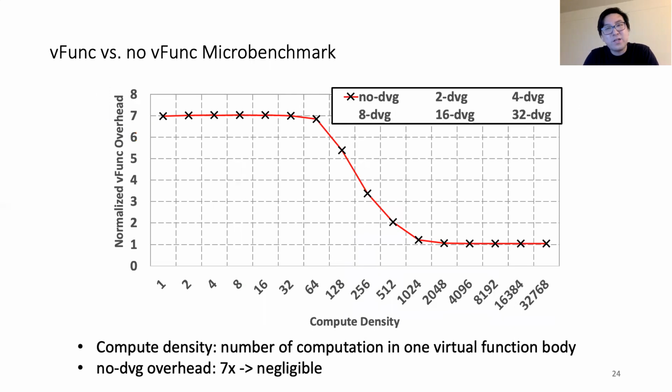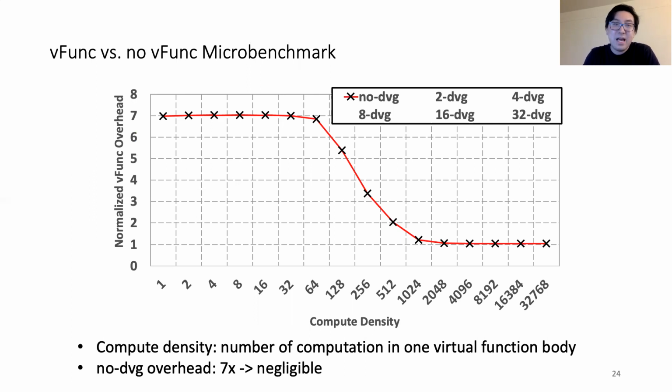In this plot, we show the overhead of calling a virtual function with no divergence versus the same virtual function, implemented as a direct function call at different computing densities. When the computing density of the function is low, the overhead of using virtual functions instead of a normal function is about 7x. As the computing density of the function increases, the relative overhead of using virtual function calls eventually